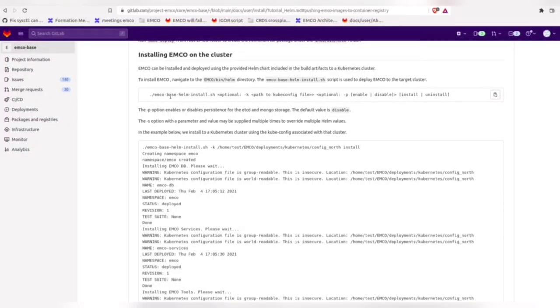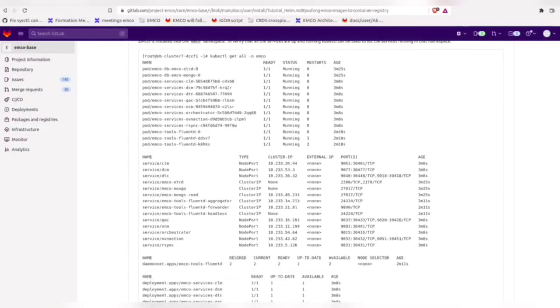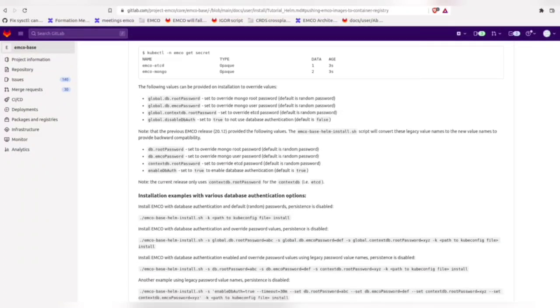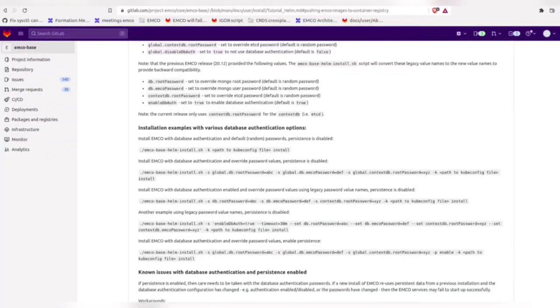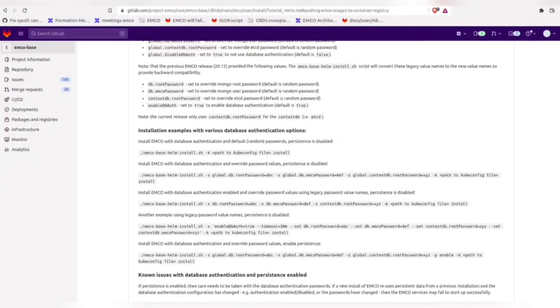EMCO base helm install.sh. So the interesting thing here is that we can provide it with multiple parameters when we run this script, and what this does is we can install it according to our convenience. So for example, if you go down here, you'll find a lot of options. Yeah, so a lot of use cases on how the script can be used for your deployment. So you have to pass the kubeconfig file. Obviously that is the